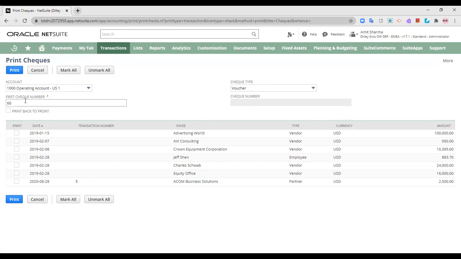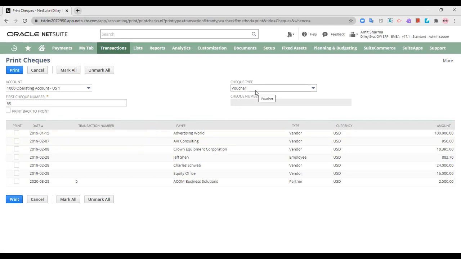Now the first check number is the check number that is available in the system. Whatever check number will be printed now will be check number 60, or else you can also provide any unique check number to the check that you would like to print.